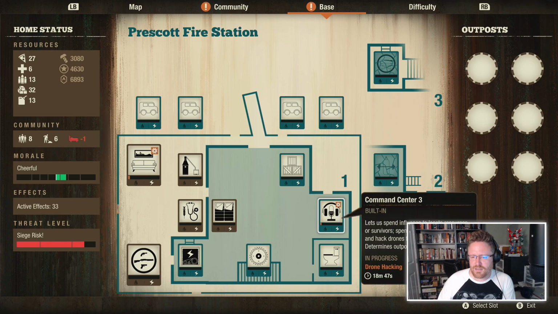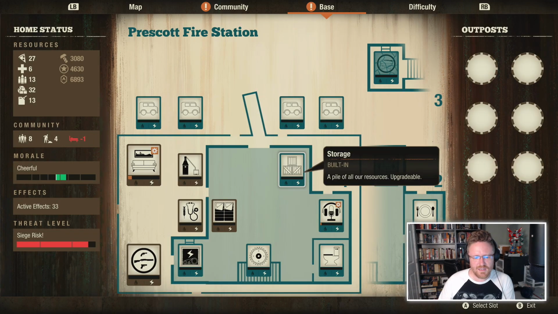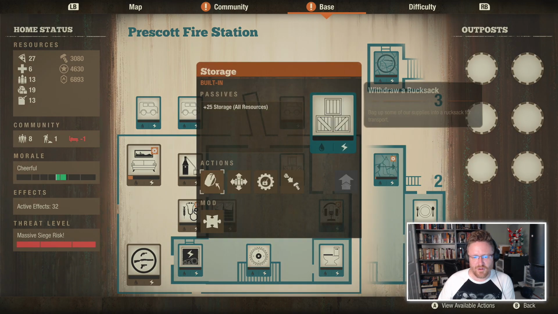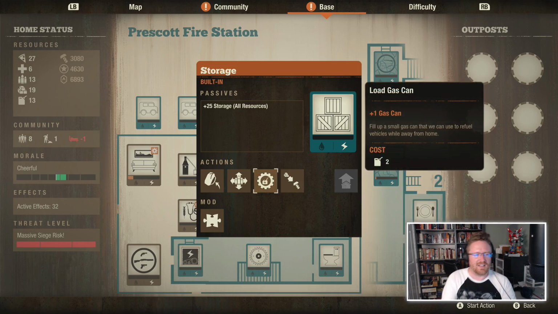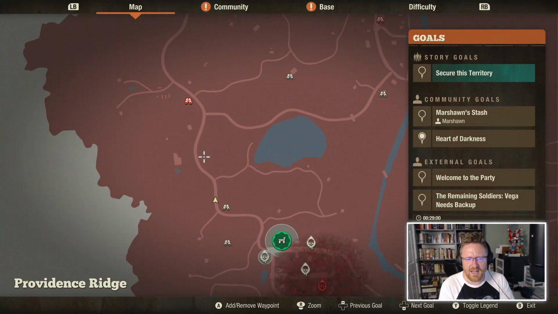All right. And, oh yeah, I guess I've got this. How do I... There. Emergency services training. And I can upgrade that. Oh, I should probably upgrade my storage, right? Oh, wait, no. Oh, is it built in? It's already... Yeah, okay. I'll need to upgrade the storage once I've got enough folks. In the meantime...